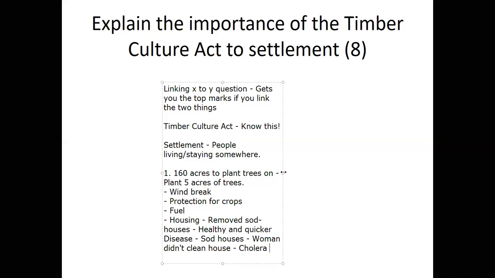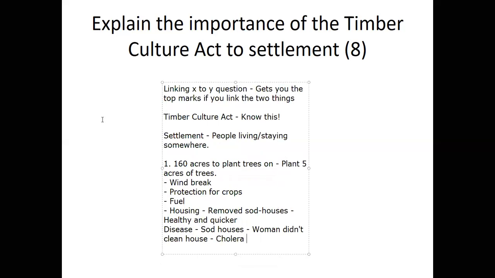It was the first ever question that came up on the Edexcel GCSE paper, and they just wanted you to understand how this 160 acres of extra wood would have helped develop settlement on the Great Plains. Okay, once you had more wood, you could obviously then trade it, and it would be a lot more effective in the long run.